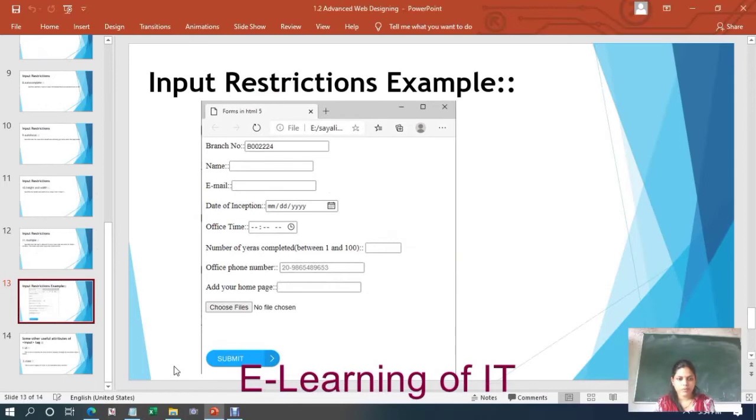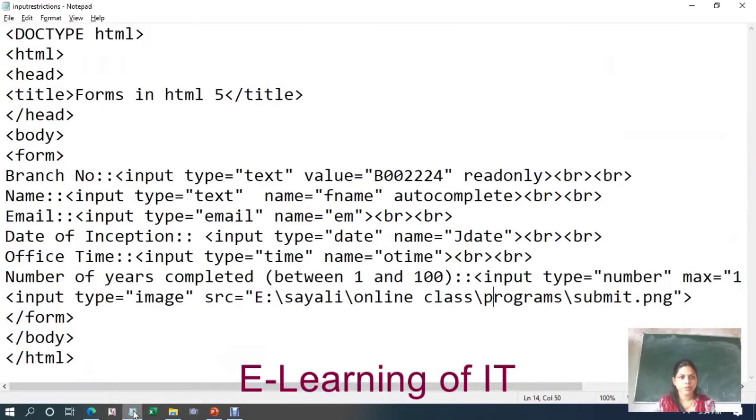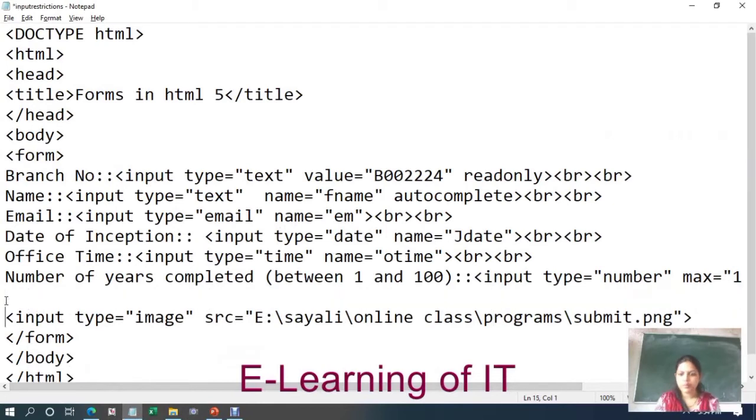Office phone number. So for office phone number, we will use input type is equal to tel. That is a telephone number. Office telephone number. So here you can use input type is equal to tel,